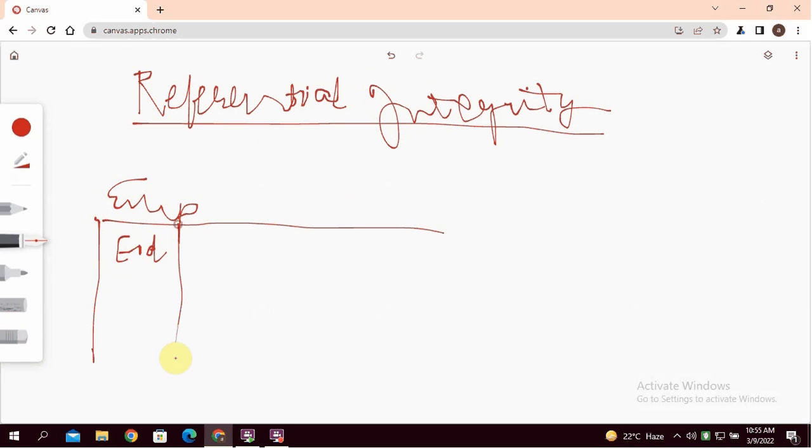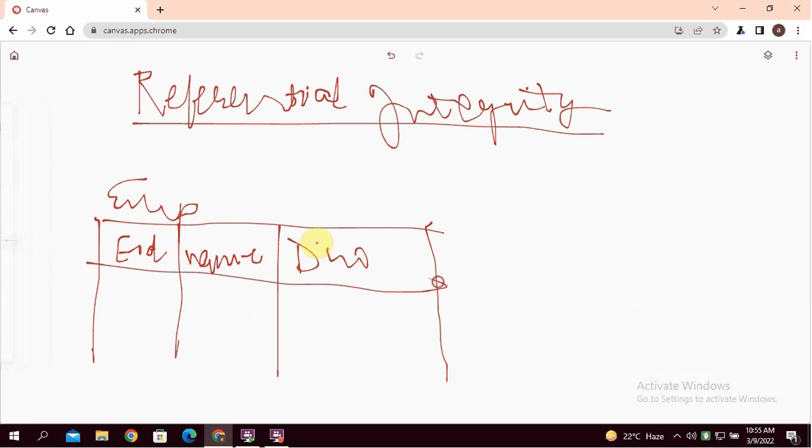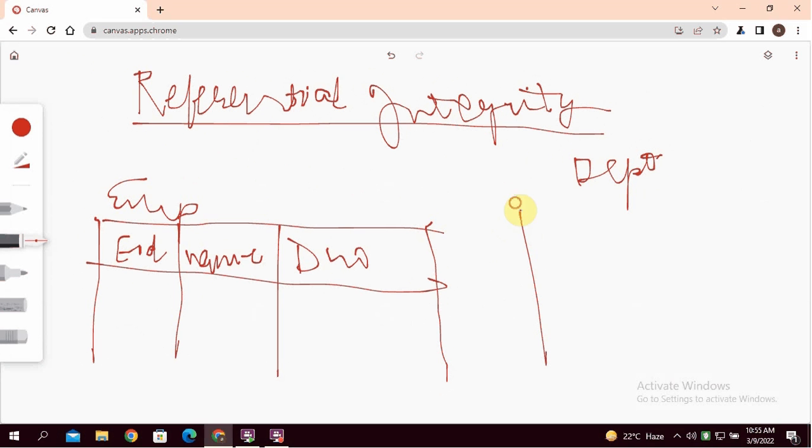EID, name, department number. And the next relation is department relation: department number, location.